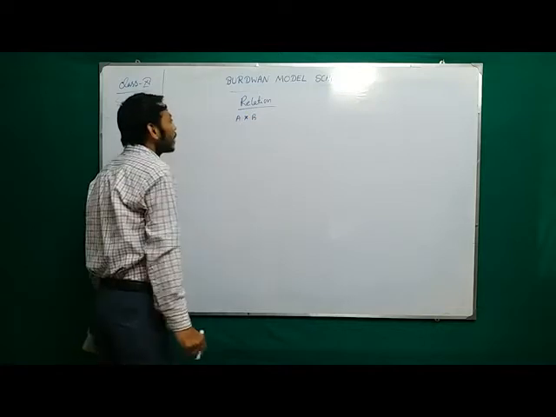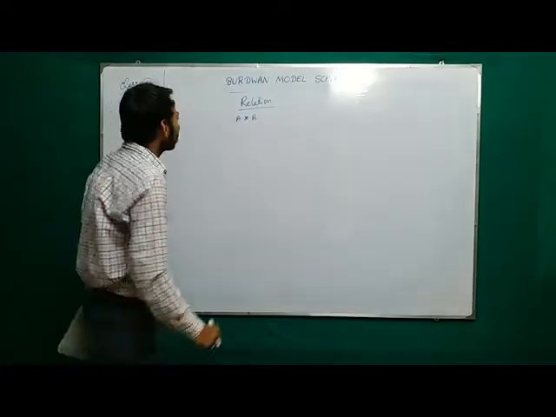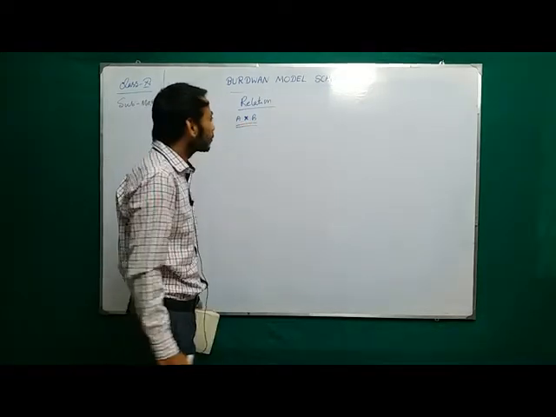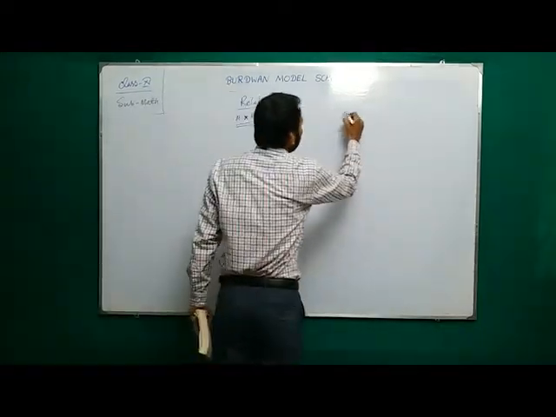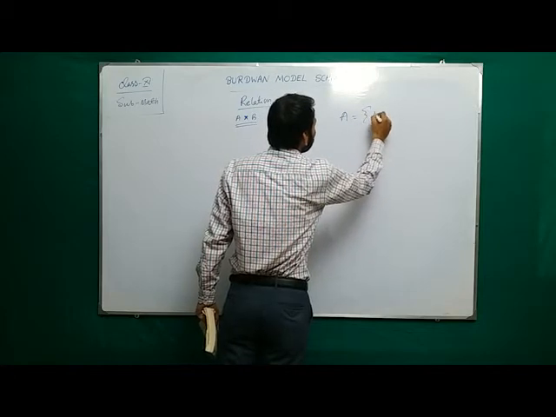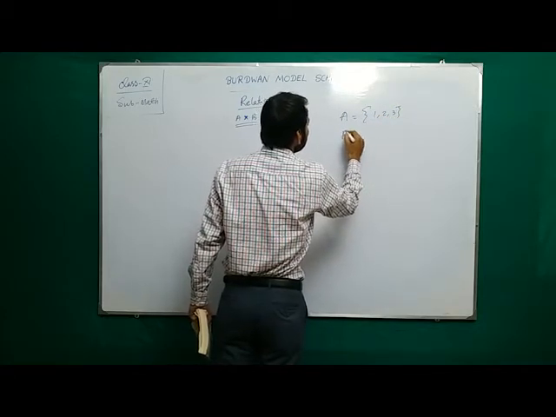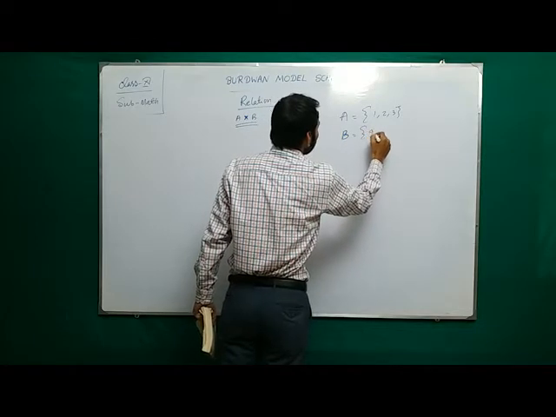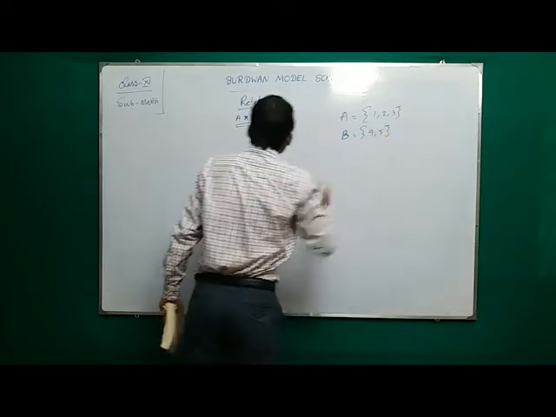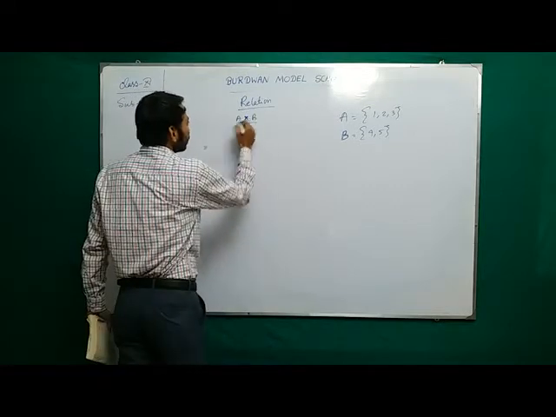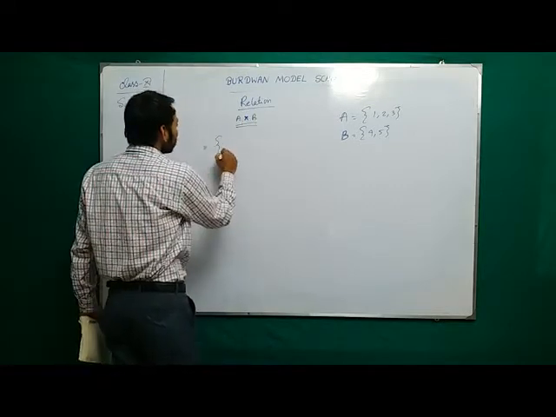What is the Cartesian cross product? A cross B. You have to know what is A cross B. I am giving first an example. Suppose A equals to the set 1 to 3, B equals to 4, 5. So the Cartesian product A cross B means